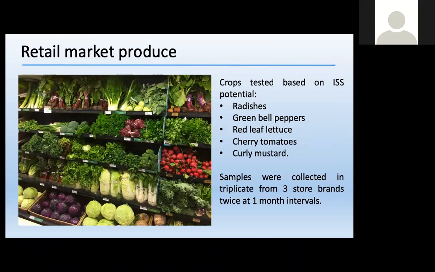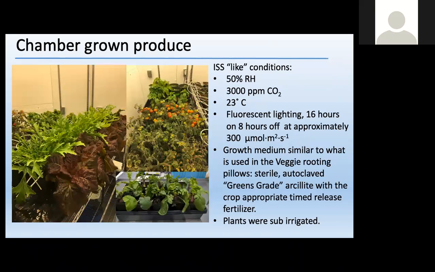And we also chose products that were as minimally processed as we could find. They weren't pre-washed. They probably were rinsed off but not washed and bagged. And also we chose non-organic produce just for consistency, because there can be differences between organic and non-organic produce. We wanted to compare what we see in the literature and what we find on the market produce with what